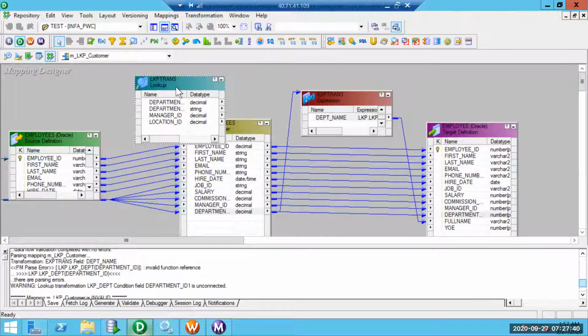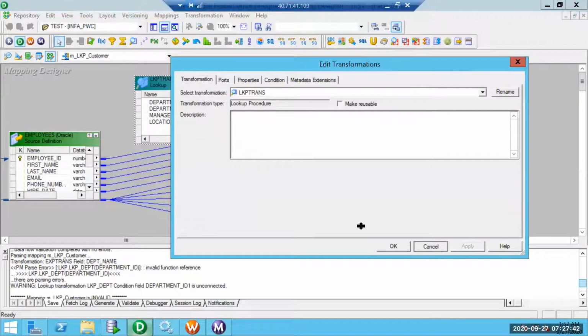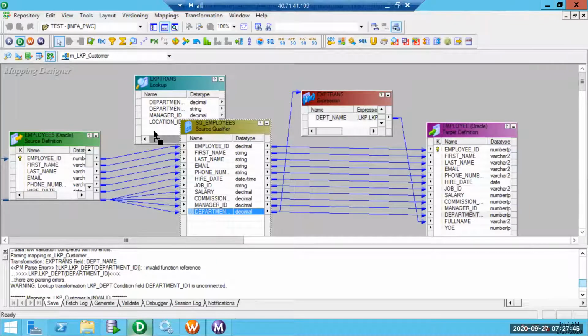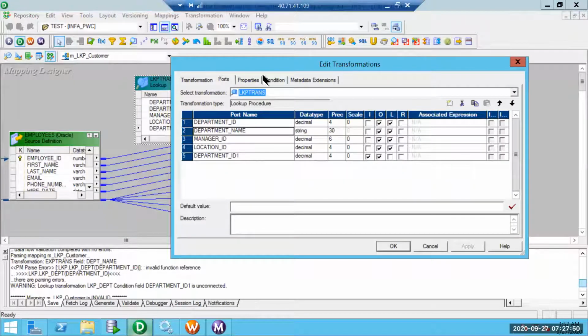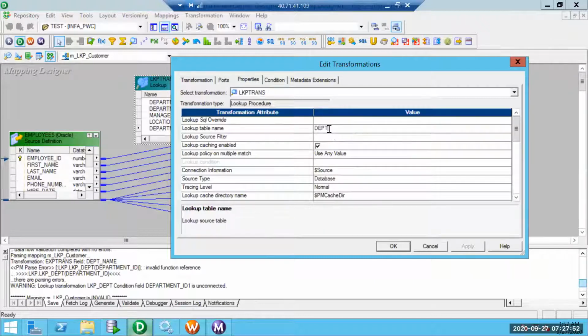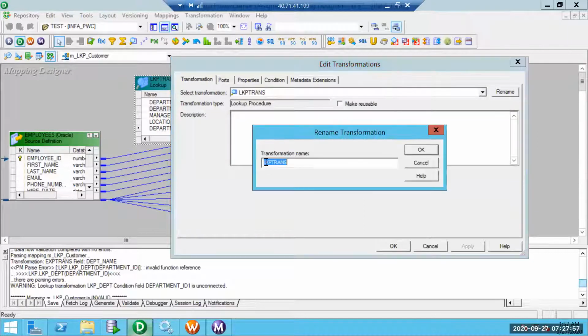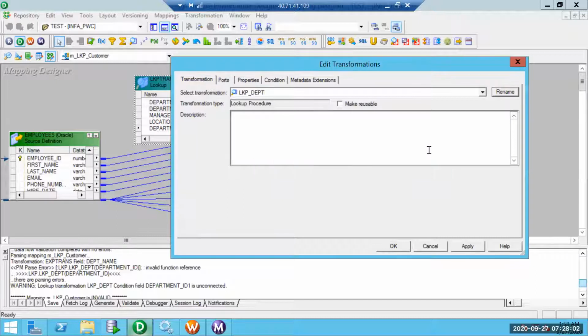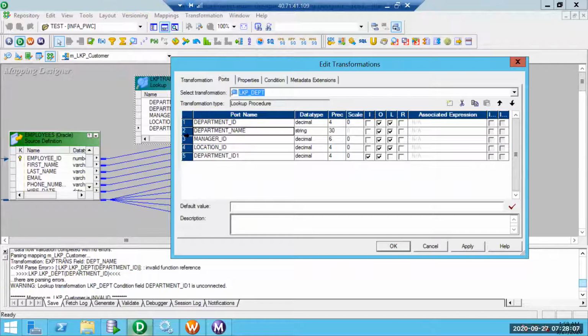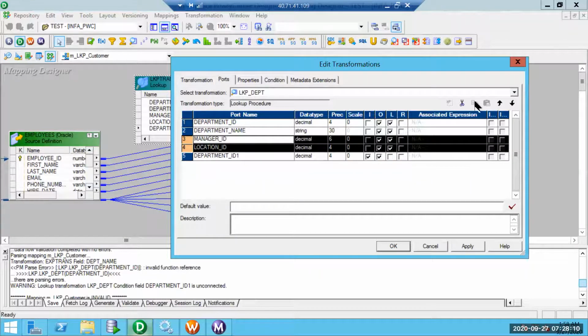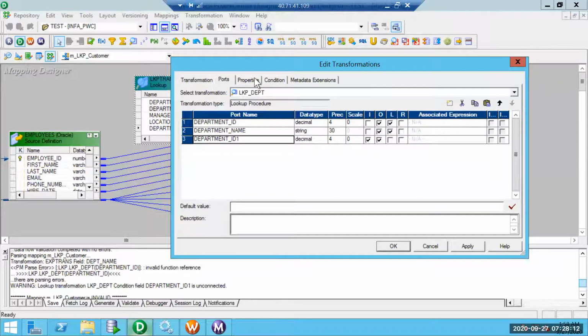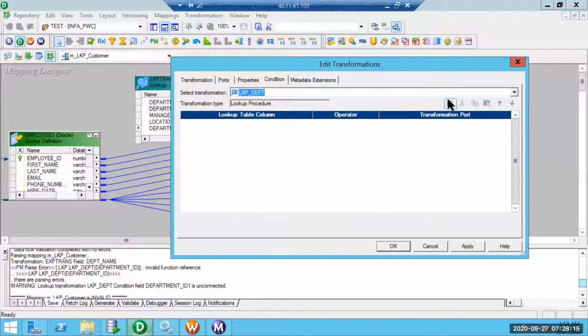Department. Let us try to do those two changes. Let me add department ID. Delete the link. Let me try to rename that. Another example we can see is wherever 10 is populated. Let's see what it shows when we use first value, and what it shows when we use last value. Use any value, it's up to Informatica. It can choose anything of the matches.